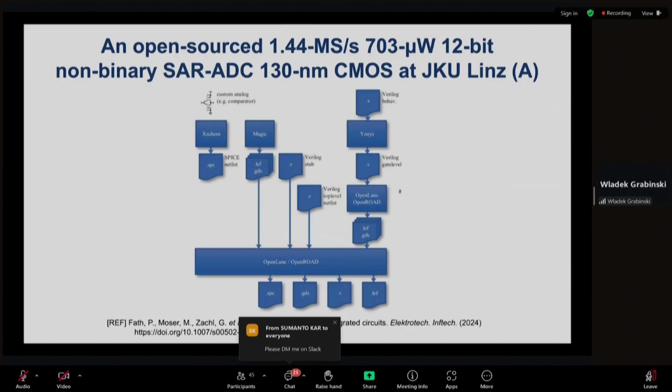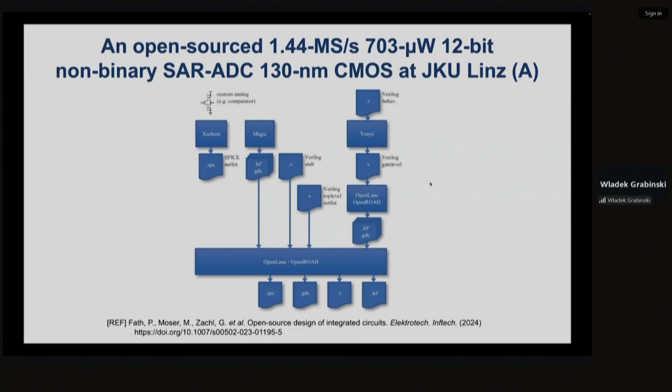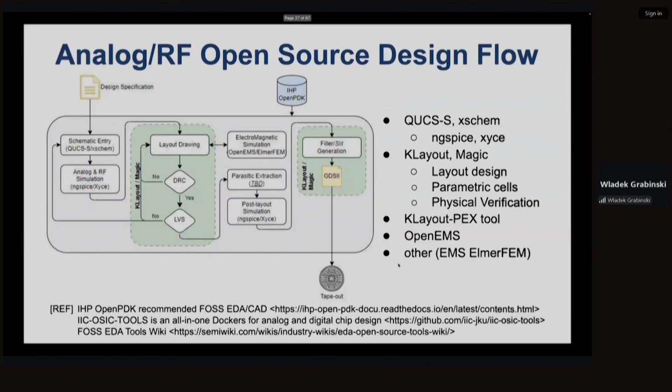Professor Pretl and his team at the University of Linz in Austria provide a lot of information guiding you through the digital design flow, starting with schematic entry, looking at the layout, following all the verification and validation tasks, using Verilog, going down to OpenLane or OpenROAD, and preparing your design for submission.